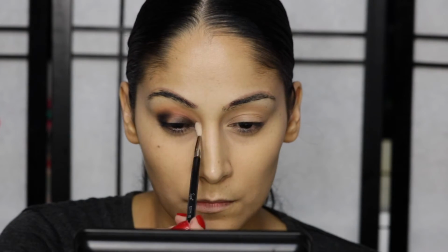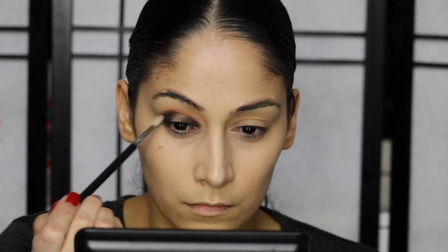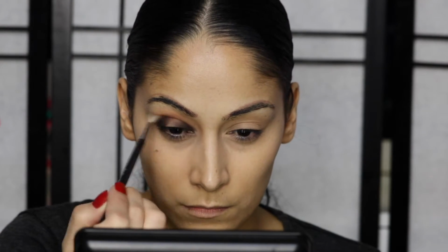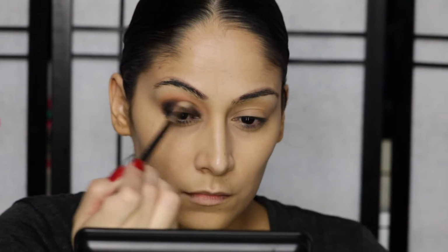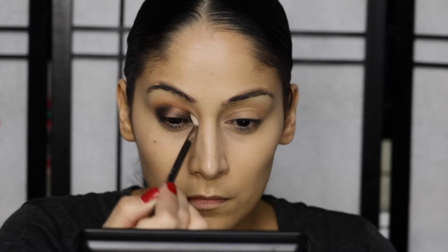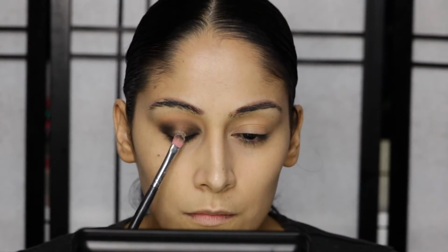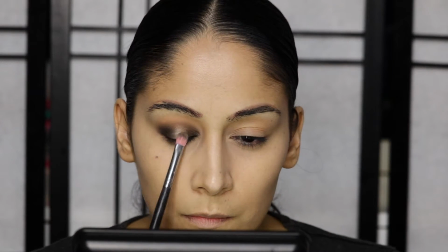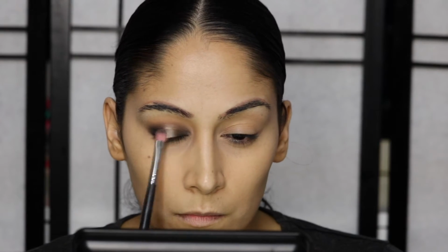After you've blended for about 30 minutes, I just take my Sigma E36. This is a super small little brush, and I'm just blending out right where the shadow ends and goes into the crease so that it's nice and smooth. And literally, I will do this for a few minutes, and then I go in with Makeup Geek Pigment and Sweet Dreams and some MAC Fix Plus, and I'm going to put this in the center where we didn't apply anything, and then I'm just going to kind of blur that out